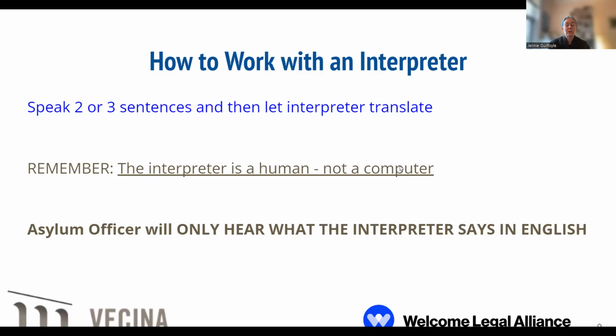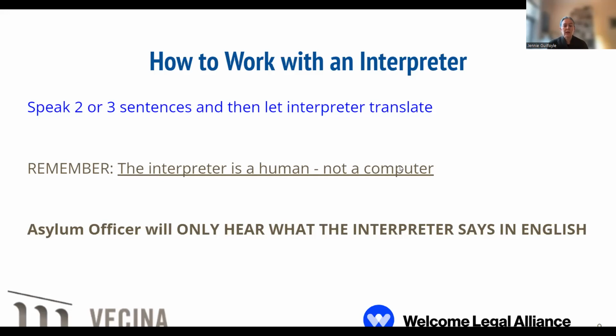The asylum officer won't allow that. They're going to tell them not to do that. And again, it's really crucial that the interpreter just interpret exactly what the applicant is saying. The interpreter should understand that their role is really to be the applicant's voice in English and the asylum officer's voice in the applicant's language.